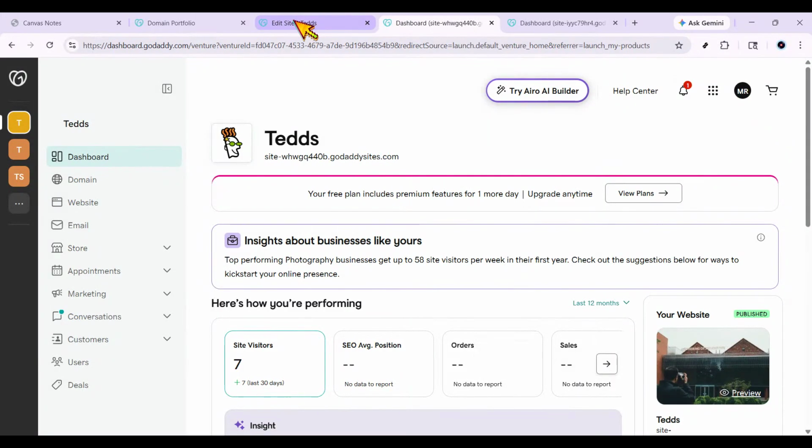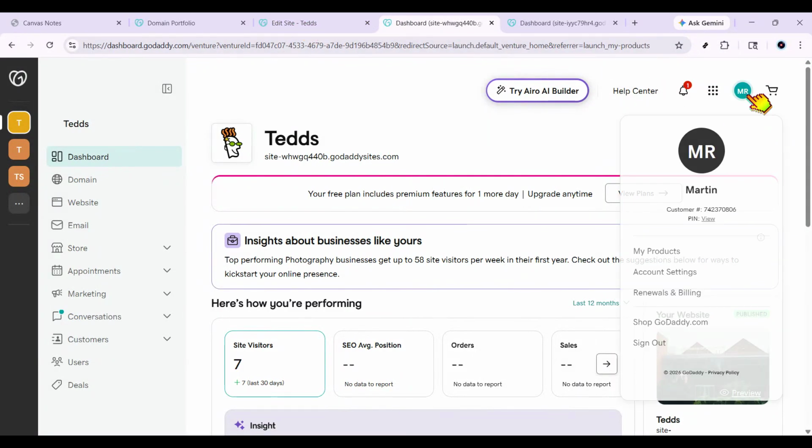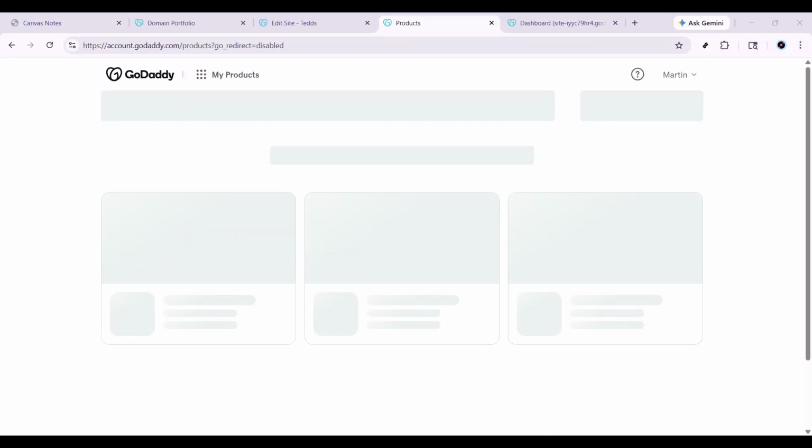If you want to add products on your GoDaddy website, I'm going to show you the simplest way to do it step by step. This is a really useful tutorial if you're building an online store, updating your product list, or making changes to what customers see on your site. By the end, you'll know exactly where to go, what to click, and how to make sure your store updates